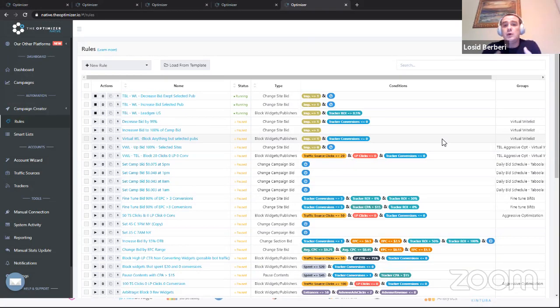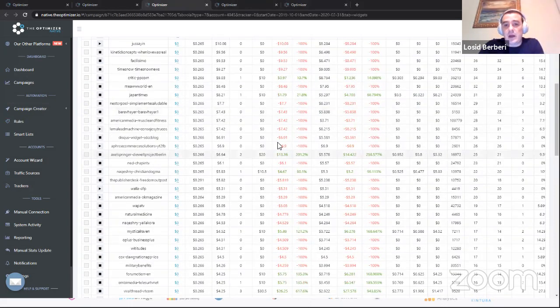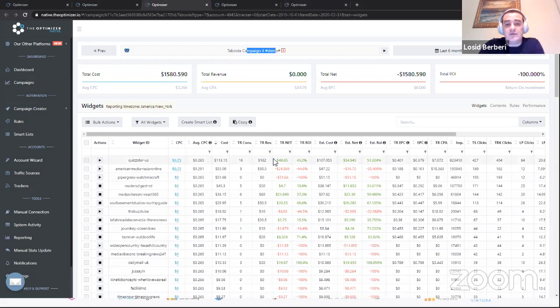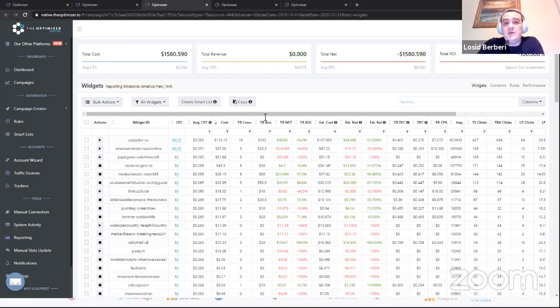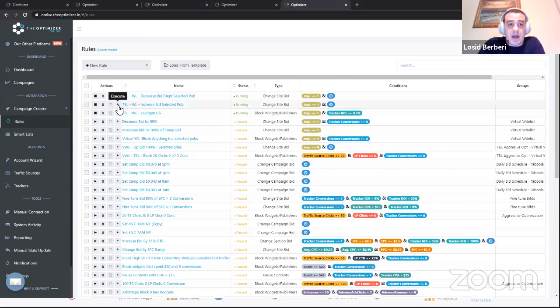Now, if we want to run this rule or any other rule at specific times, let's say I want a specific rule to execute now. Let's say I'm going over a campaign's performance, and I'm seeing quite a few publishers that have reached the spending limit, or I don't like the performance at all. Then I can go on the rules page and click on execute to execute the rule